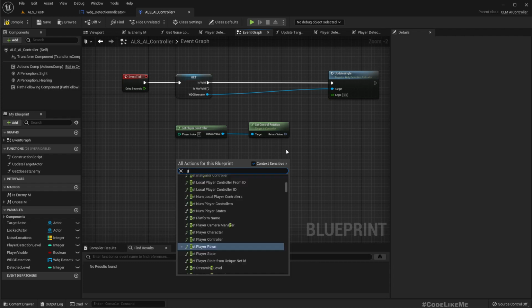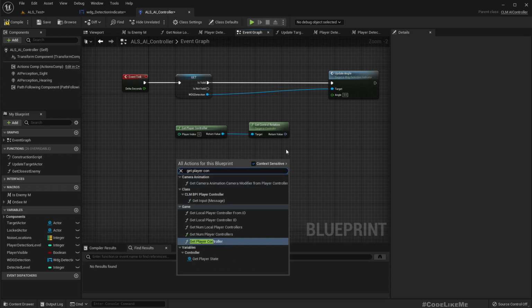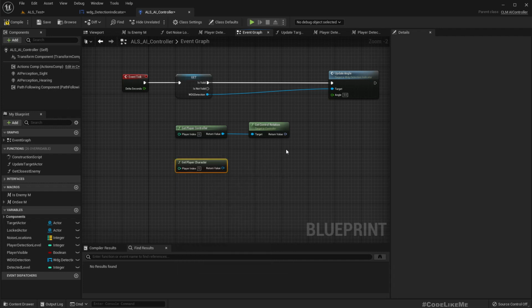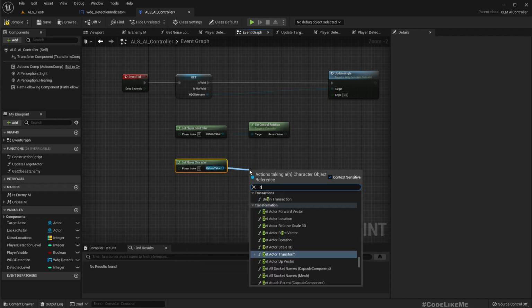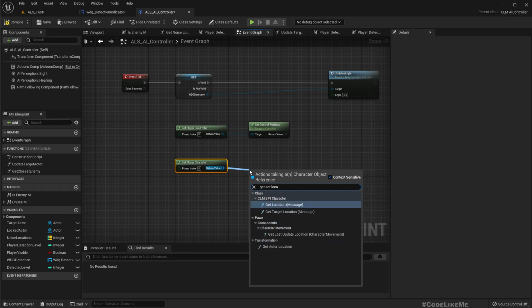From this method, get player character, get actor location,